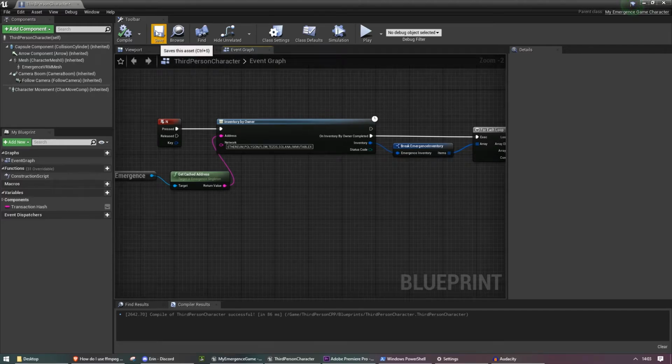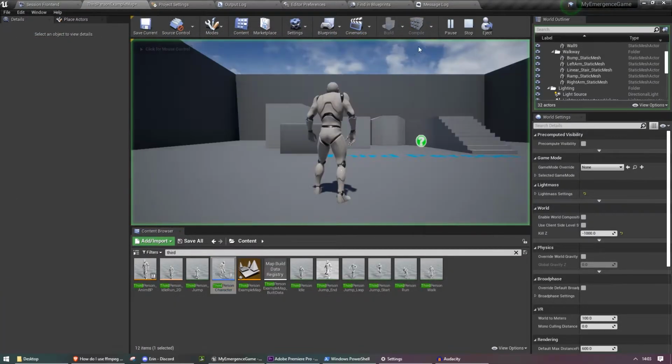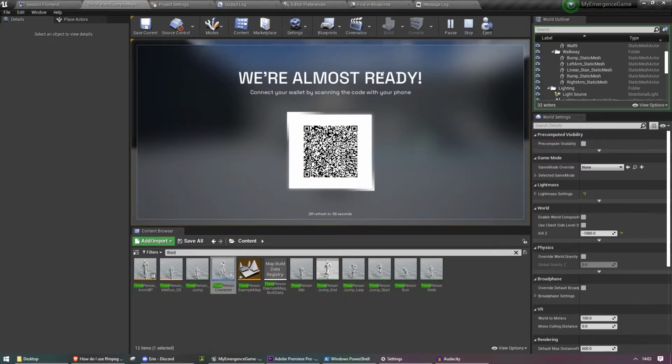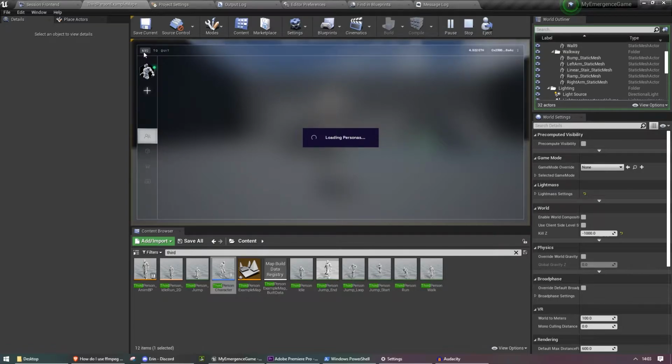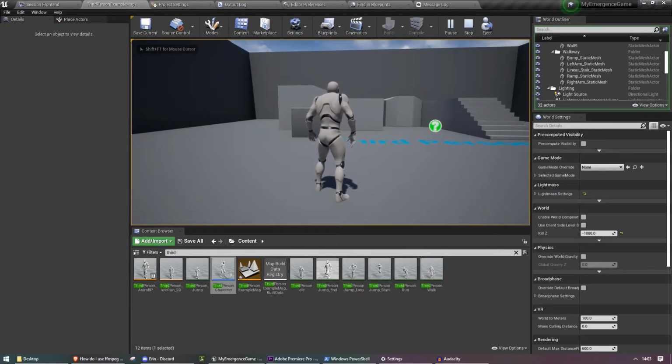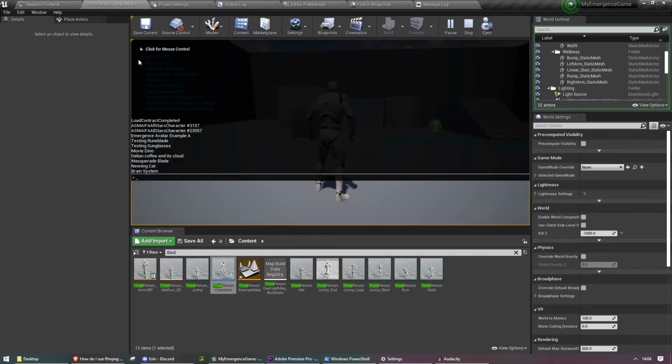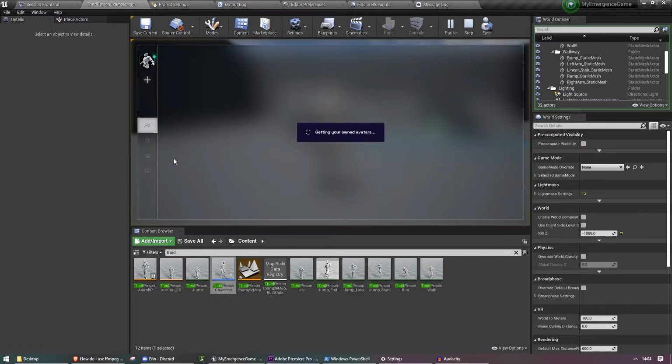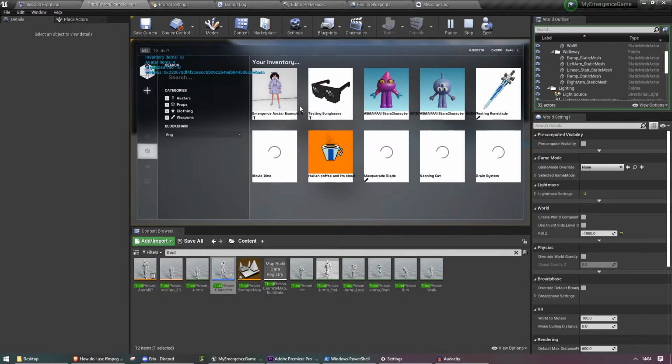Now when we press compile, press save, go to the game, we'll need to sign in with Wallet Connect because I chose to, instead of hard coding my address, I plugged it in via the Emergence service. So I'm just going to log in with Wallet Connect on my phone, sign in, press escape, and then press N, and you'll see it gets all the names of things in my wallet. And you can also see if I open the overlay and I click collection, you'll see all of those